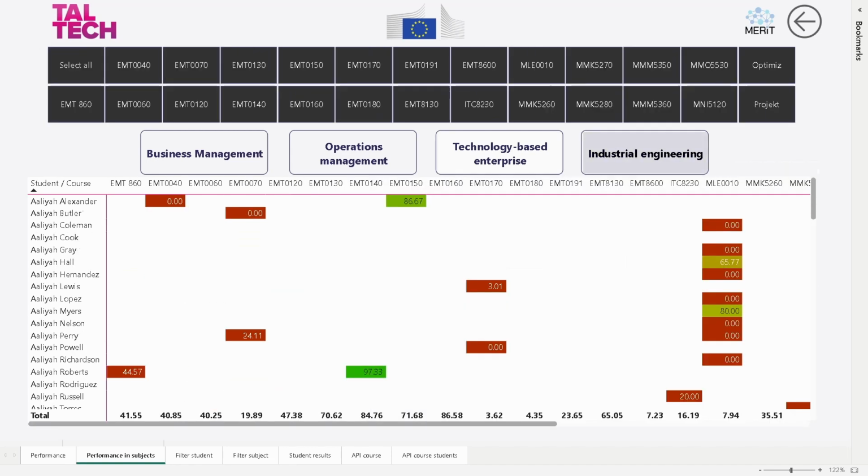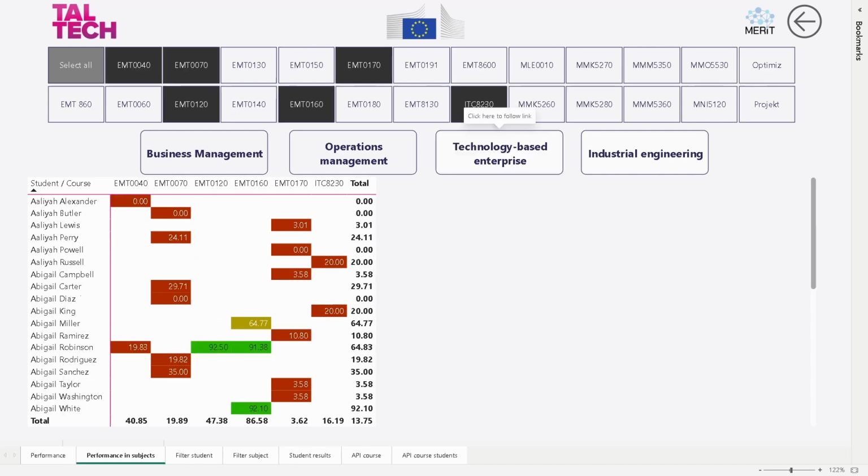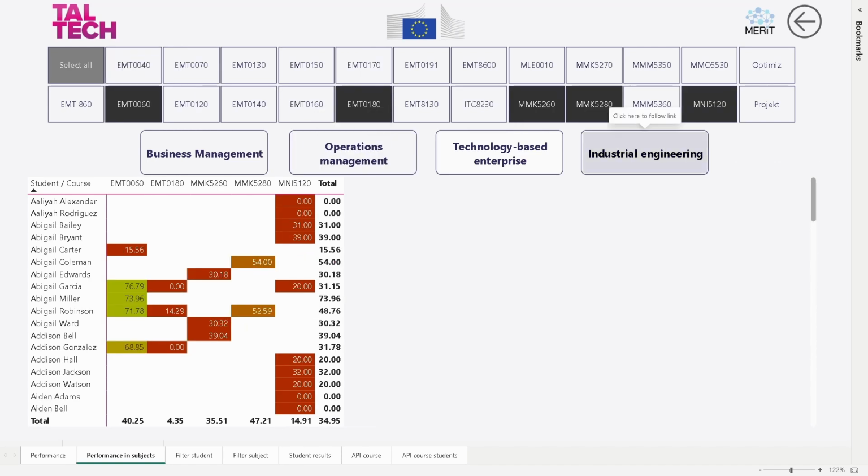But now we take this industrial engineering module. This filters only the courses for that module. By selecting a particular module, you can narrow your focus to courses that are relevant to a specific program or subject area. In both the performance and performance in subjects view, you have an option to drill through for more